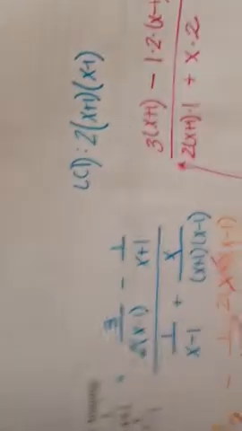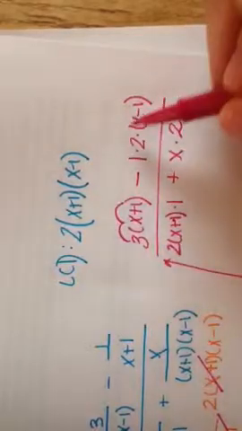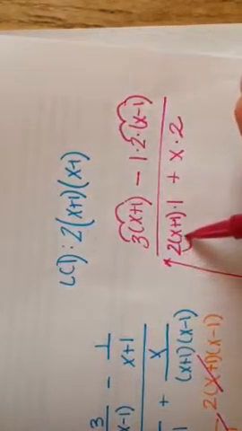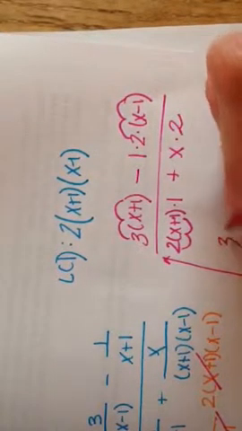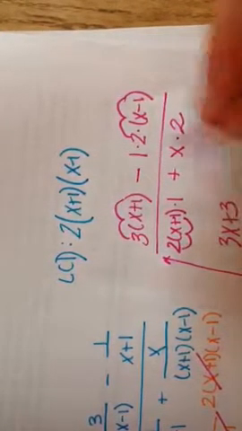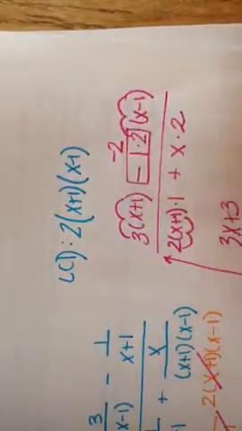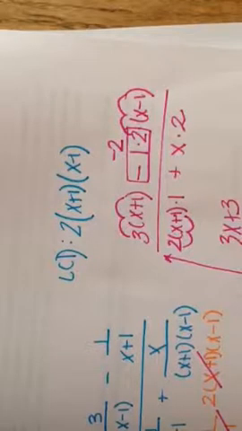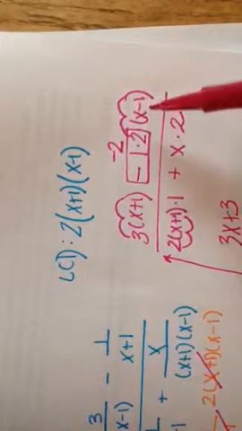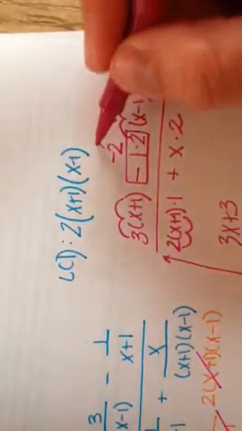Okay? So, let's distribute my terms over my binomials and then combine like terms. So I'm going to have 3x plus 3. Negative 1 times 2 would make negative 2. I would take your sign with you, so then you don't have to distribute twice, because if I'm subtracting more than one term, then that negative goes to everything. So I would distribute a negative